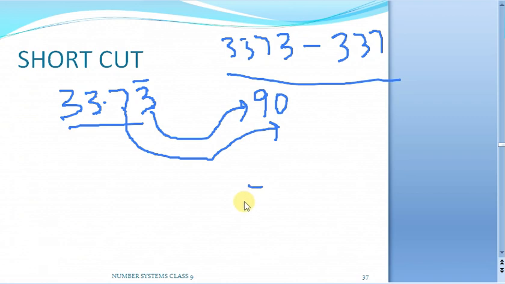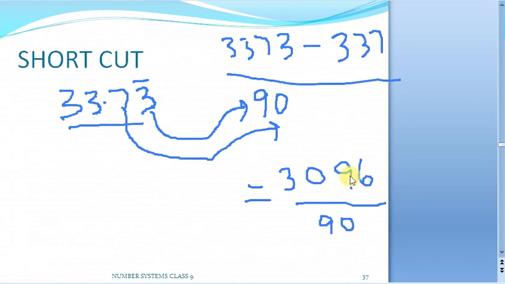So this, 3373 minus 337, is going to be 3036, and in the denominator there will be 90. Okay, you can just cancel it further. Why? Because both the numbers are in the two times table and you can convert it to simplest form. And using your calculator, just check the decimal expansion of this number. It will be like this only. But remember, don't use this in your conventional exams. It is only for objective tests for quick calculations. That's it.